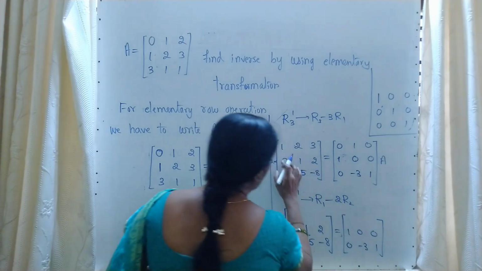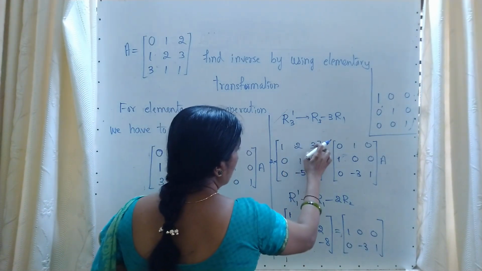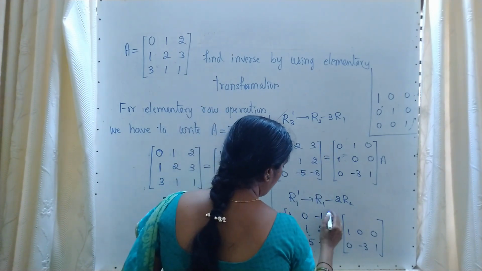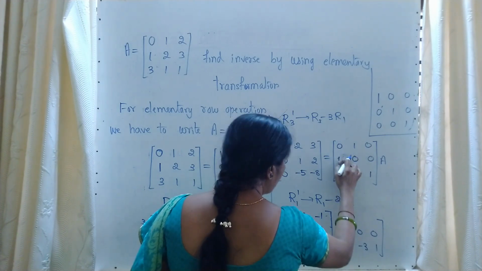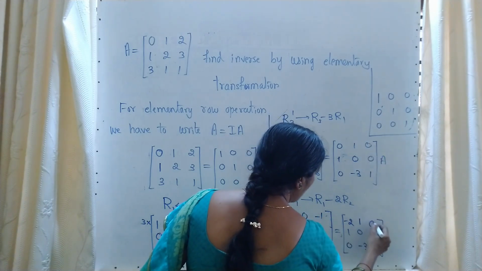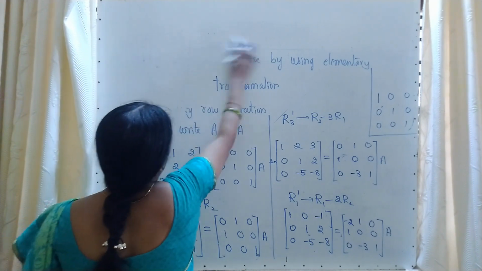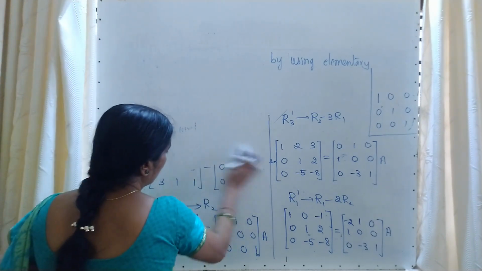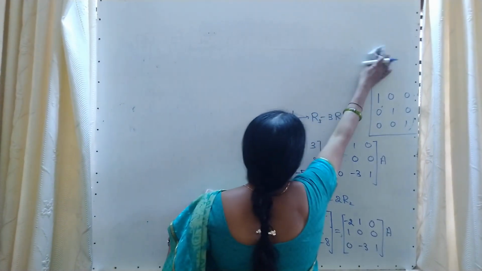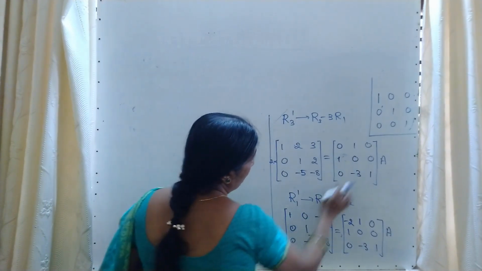Yes. 1 minus 0 is as it is. 2 minus 2, 0. 3 minus 4 because 2 2s are 4. 3 minus 4, minus 1. Next 0 minus 2. 1 minus 0. 0 minus 0. This is 0. And don't forget to compare with that reference because with the help of that reference only we are converting the elements. Now here it is 1 0 0 1 0 0 0 1 0 1.